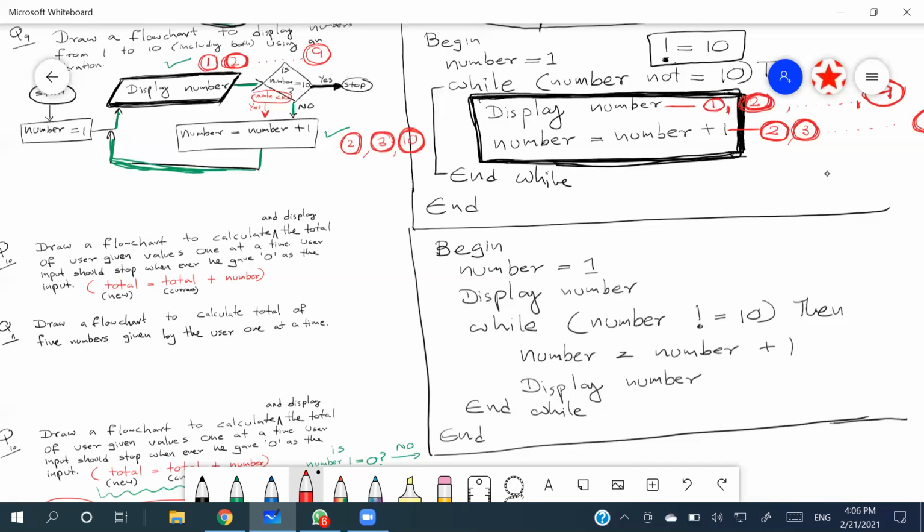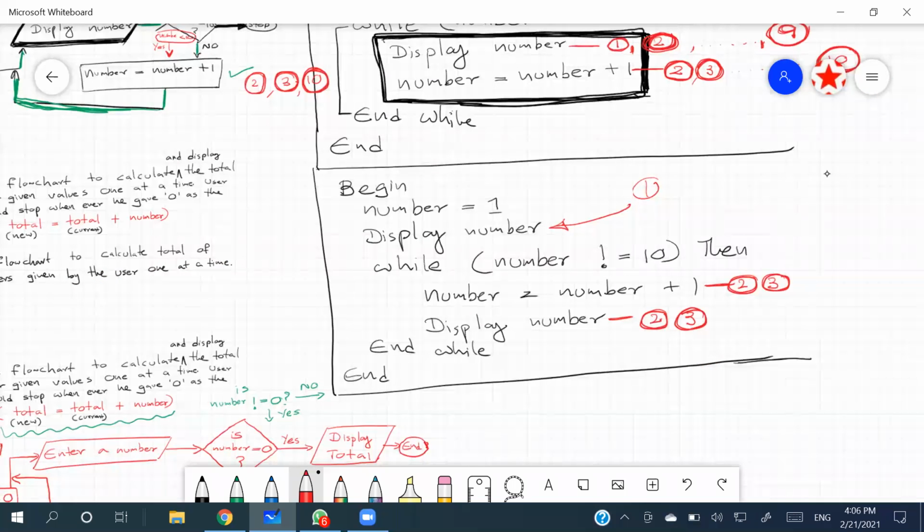So here 1 will display at the initial point. Then after the condition is checked whether the number is less than or equal to 10, this becomes 2, then 2 will display, right? Then the condition is checked. So then this will become 3 and 3 will display,